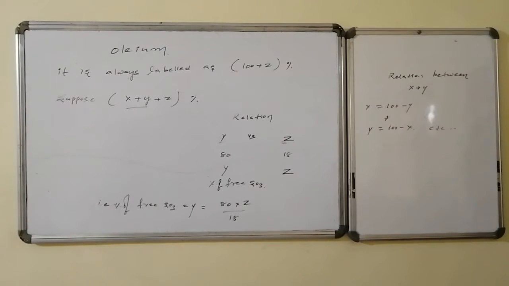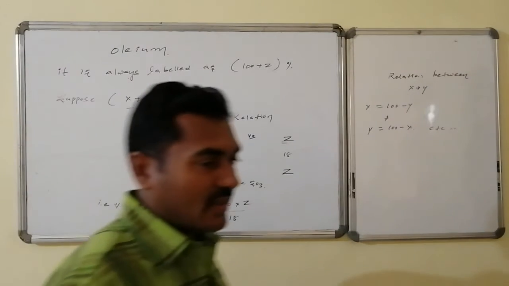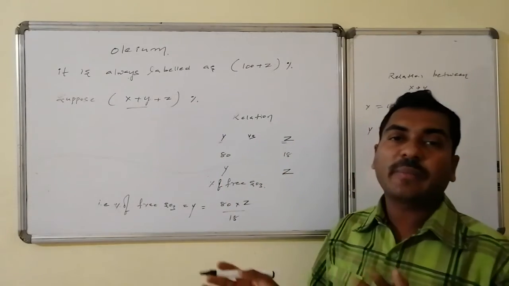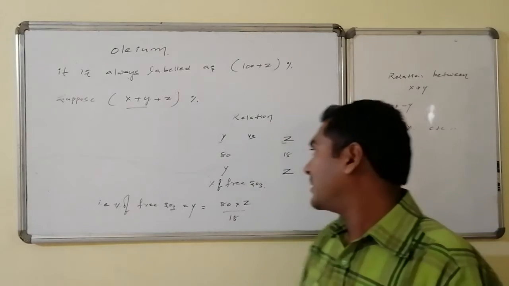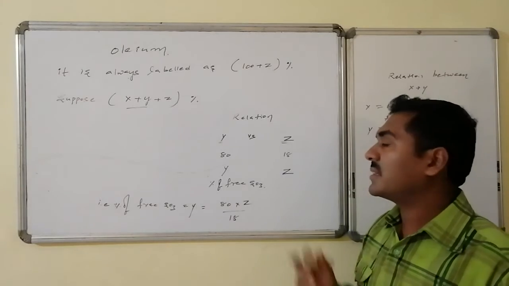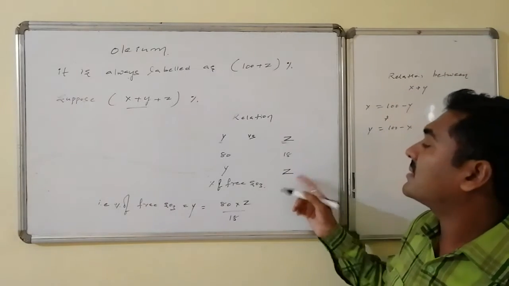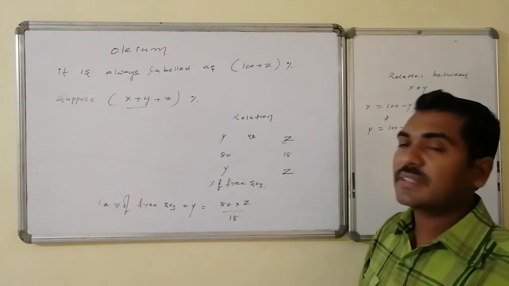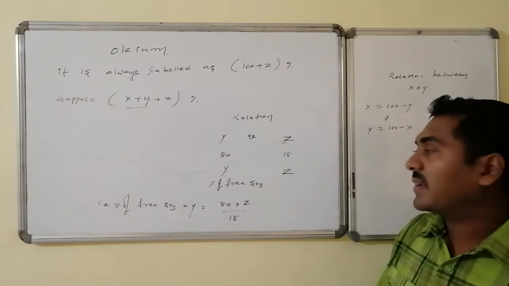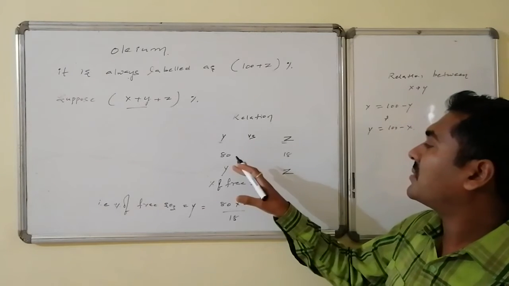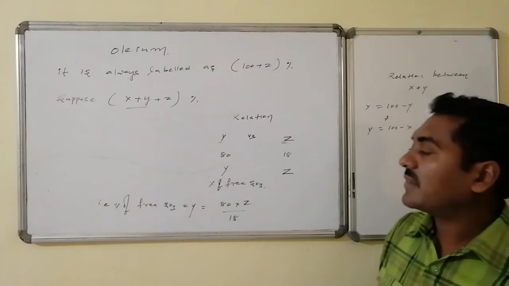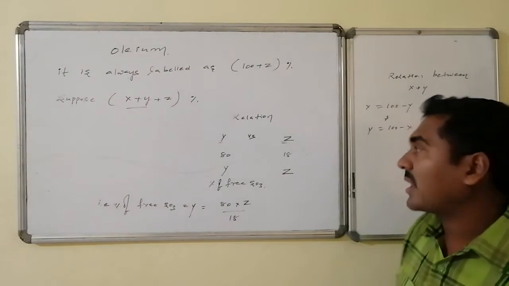Relation between y and Z once again: y is the percentage of free sulfur trioxide, and Z is the extra percentage in the label 100 plus Z. As far as the chemical reaction is concerned, 80 grams of sulfur trioxide combines with 18 grams of water. If this is Z grams, how much free sulfur trioxide percentage y is there? y into 18 is equal to 80 into Z. So y is equal to 80 into Z divided by 18. In that way, the percentage of free sulfur trioxide can be calculated.